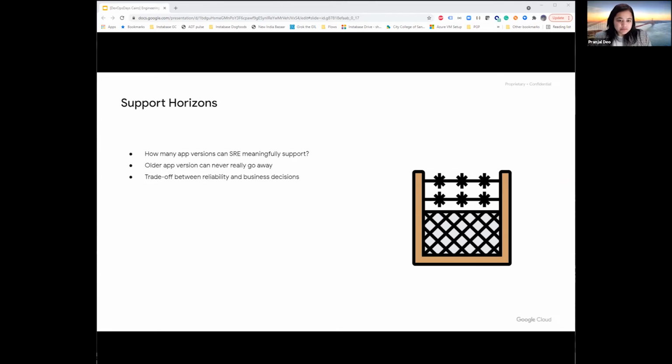As client apps grow and more features and functionalities are added, some things may not be doable in older versions. For example, if you add a new critical metric to your application in version 2.0, that metric will only be available in version 2.0 and up. So if SRE is supporting the app, it may not be sustainable for them to support all possible versions of a client, especially when only a small fraction of the user population is on the older version. A possible trade-off could be that developer teams continue to support older versions and make business or product decisions around supporting timelines in general.